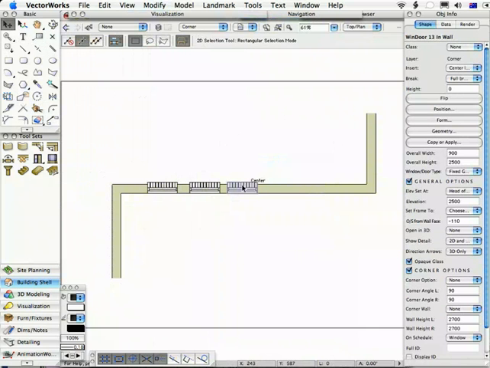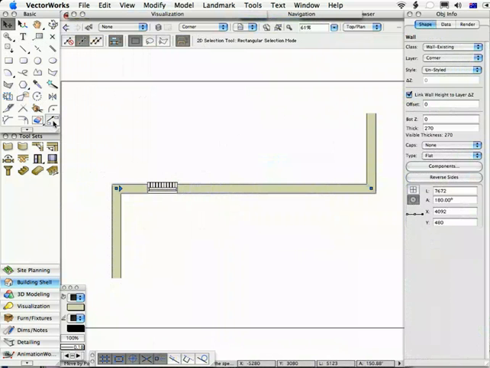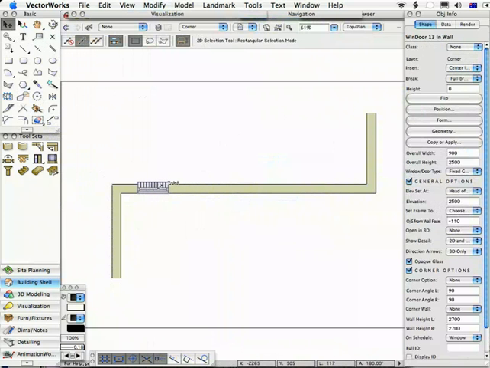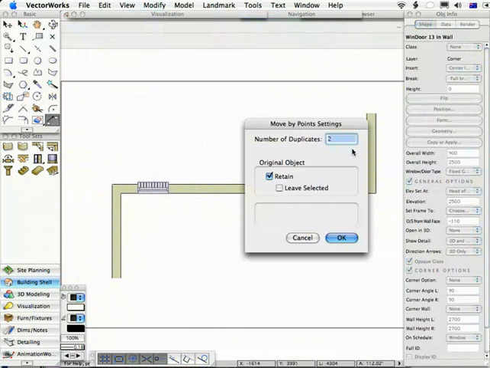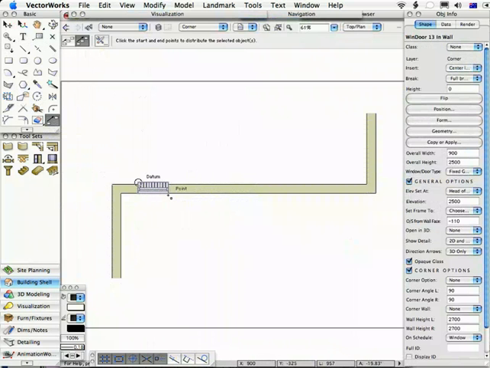Now the final thing I want to show in this movie is the use of this new Move by Points tool. Let's say you want to duplicate this object in this wall a number of times. If you select the Move by Points tool and have your object selected, and then in the mode bar we choose the second option here, which is the distribute mode, then we click the preferences button, and let's say we want 4 of these duplicates and we want to retain the original being this. If we click OK, and I now click on the right hand edge